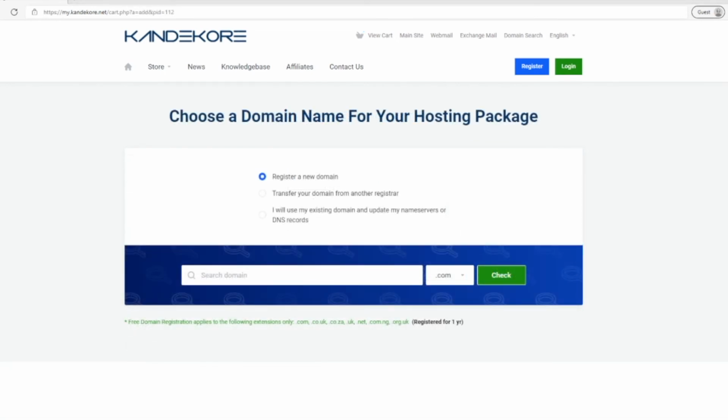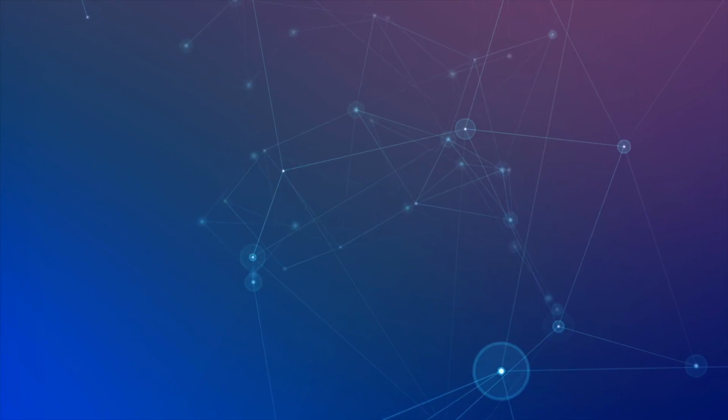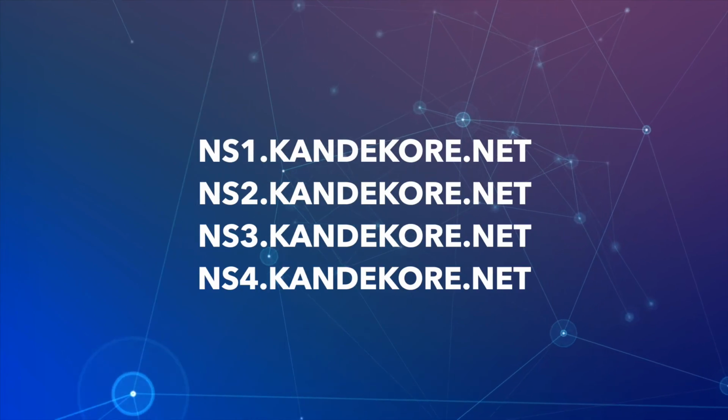Now, if you're happy to leave your domain at your current registrar and just want to point it to our server, then you can do this a couple of ways. You can change the Nameservers, or you can point what they call an A record. We would recommend for pointing an A record, you would get some assistance for this, as this is quite a technical requirement. Our Nameservers are shown up on the screen now,